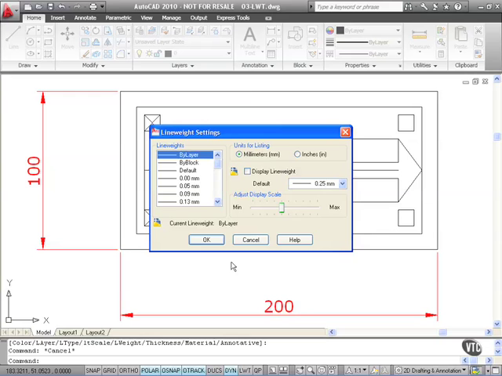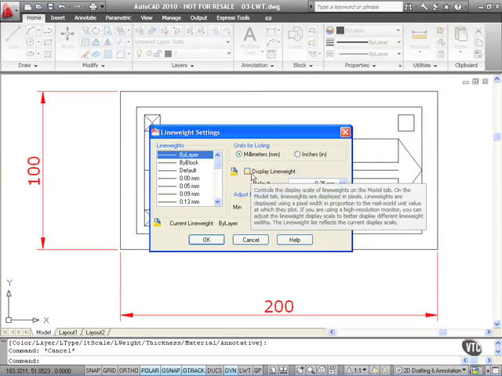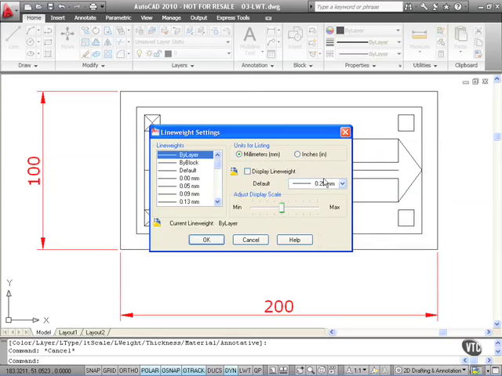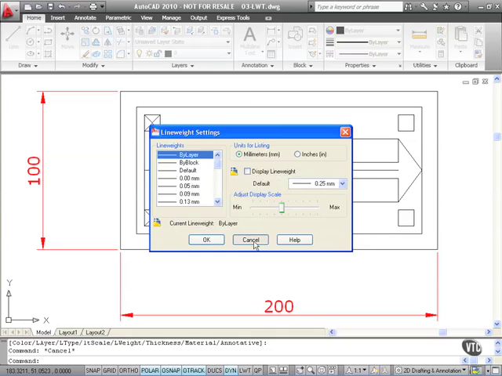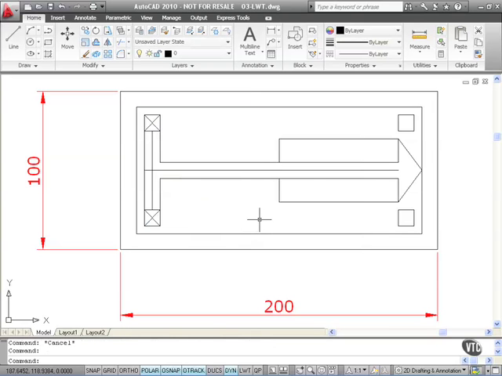So what I can do here is set my line weight settings for millimeters, inches, display line weight, the default line weight that I want to use, my display scale, and so on. Now the default line weight is always 0.25 millimeters in a metric drawing. So that's why all our lines at the moment look consistent. As you can see there though, I can set default line weights. I can display the line weight if I wish. I'm just going to cancel that for now